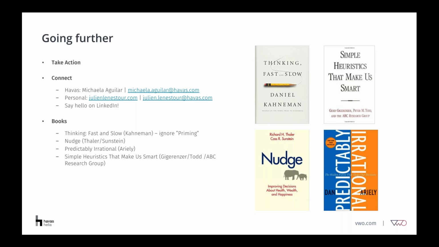I've got 15 seconds left, and it's my last slide. So it's going further: you take action. Ease and concreteness really are two of the underused tools that you can use, and you should be able to use them no matter which type of website or pages. And that's my timer.